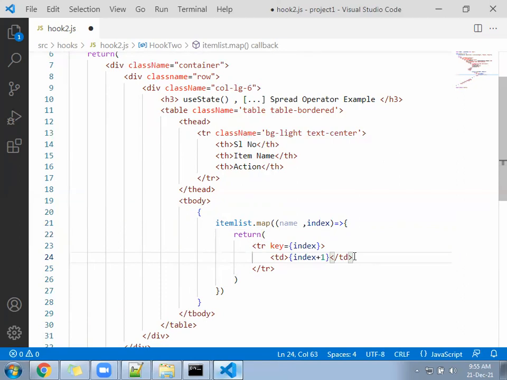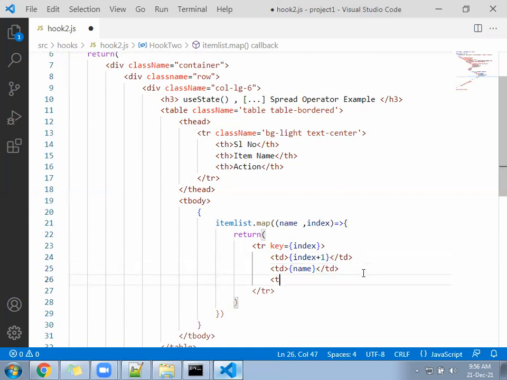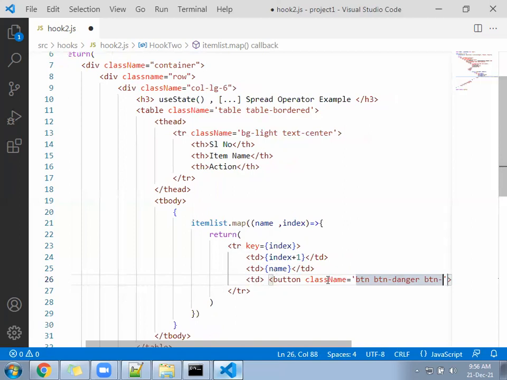Next td, and this comes. Next td, action button as delete. className btn-danger and btn-sm.